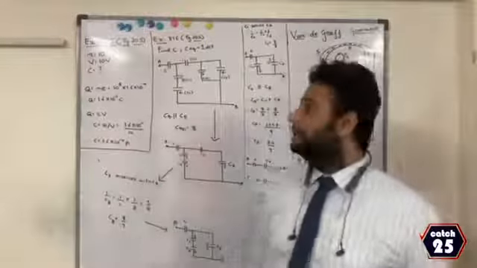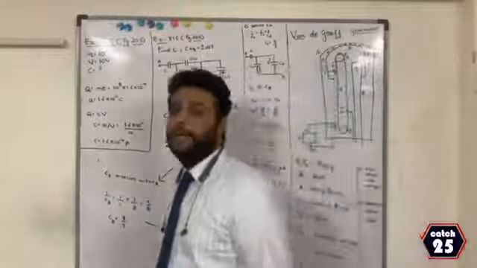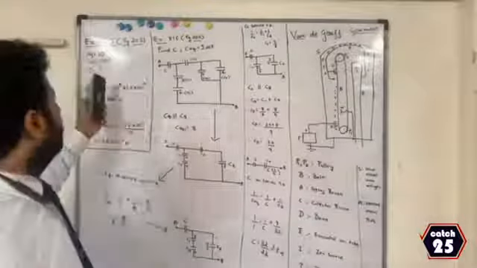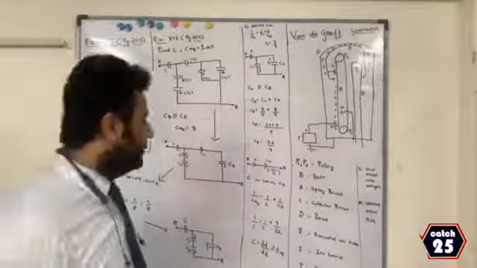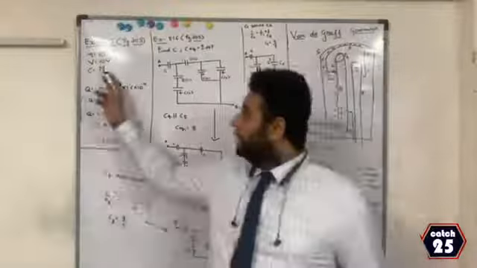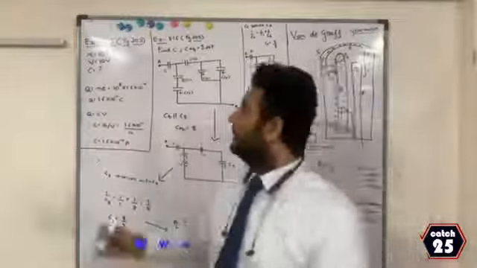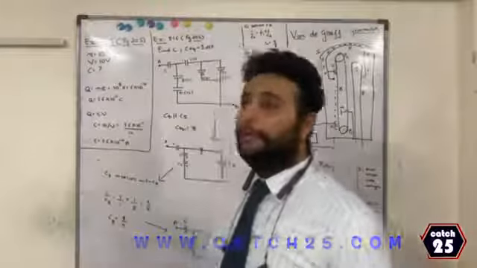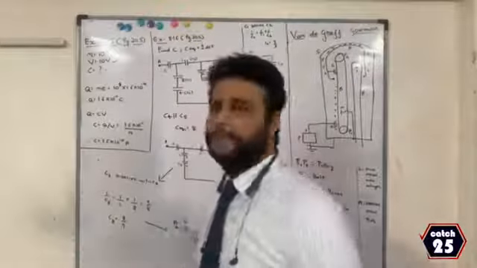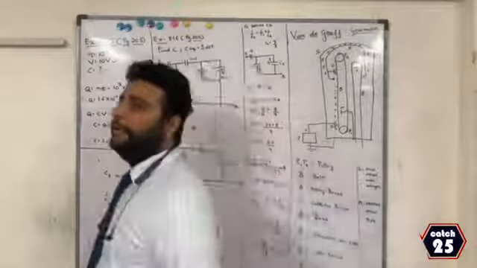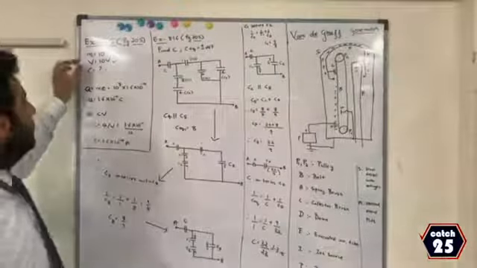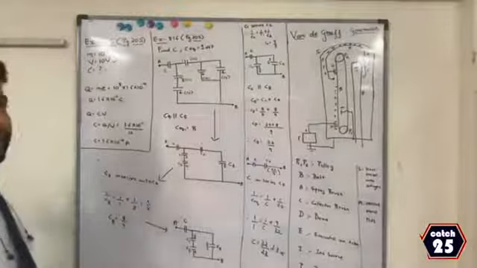First one is example 8.15, page 205. If you come to that example, you will notice they have given the number of electrons as 10 power 8. They have given the potential as 10 volt, and I have to find the capacitance. Very straightforward question. We need to use two formulas. They have given two parameters, one is the number of electrons and one is the potential. How do you find the capacitance?